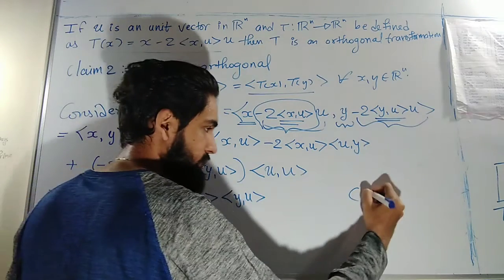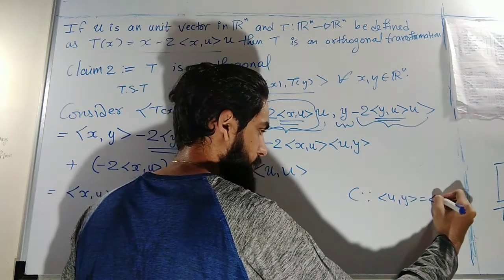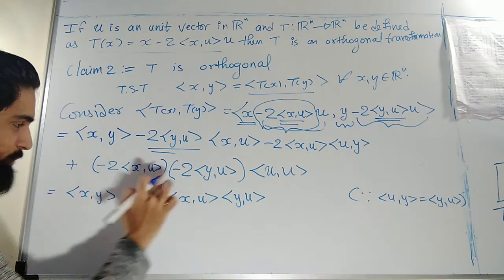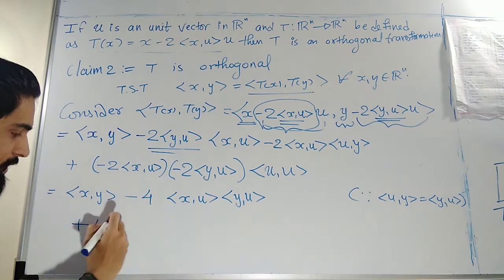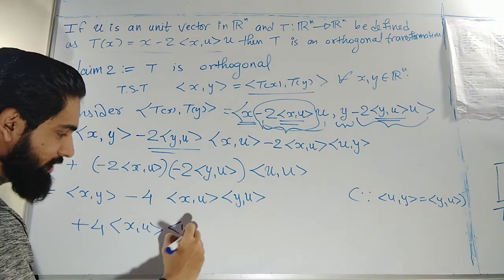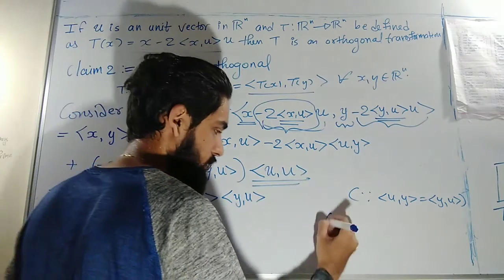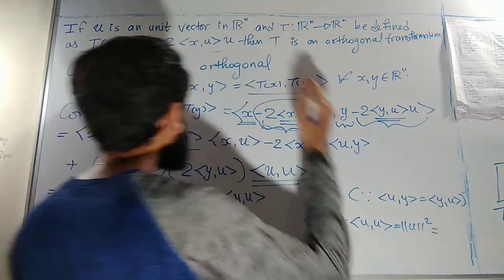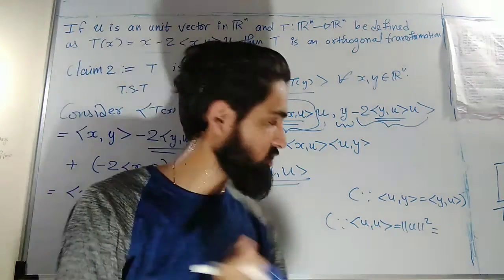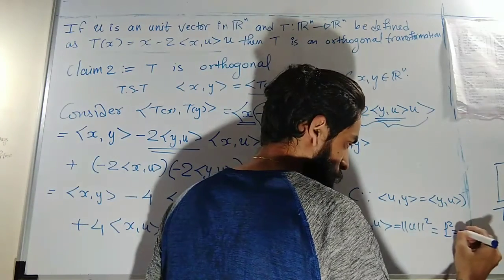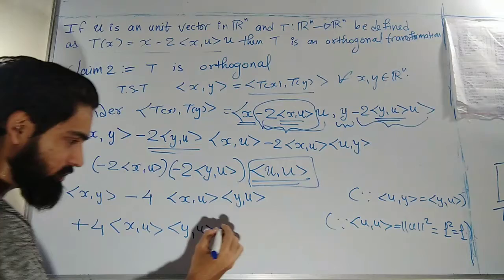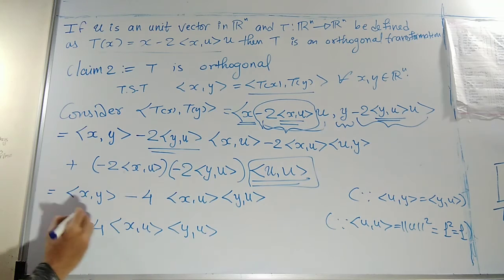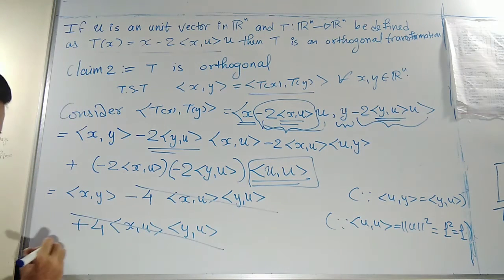If you want, you can write it since inner product u comma y is the same as inner product y comma u. So this became 4 times. After that, this minus is plus 4 times. I will multiply this x comma u with y comma u. And since my inner product of u comma u is nothing but norm of u squared, and I know u is a unit vector, its norm is 1. So norm is 1 and 1 squared is equal to 1. So this thing is nothing but 1, so I will multiply it by 1. If I don't, it is still fine. Now this is plus, this is minus 4 times. Hence the answer is inner product x comma y.